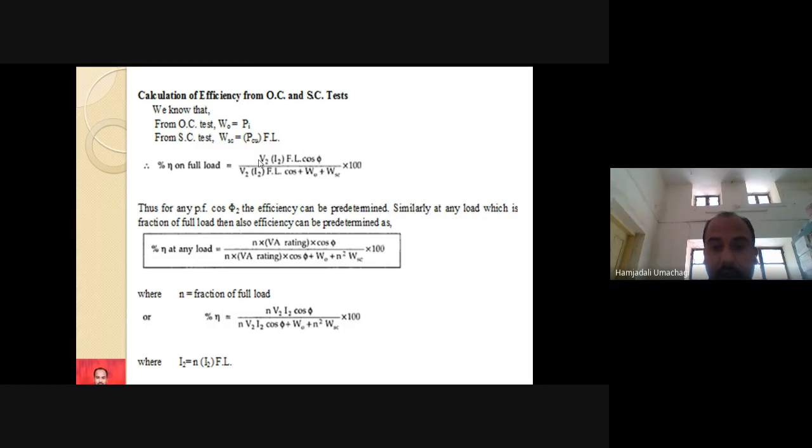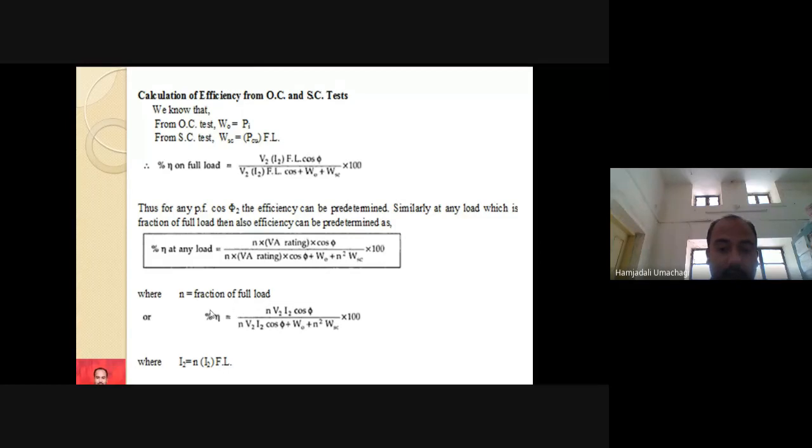And here in this case, you can consider small n. If it is full load condition, the value of n will be 1. But if I load the machine for 50% loading condition, then n should be taken as 0.5 throughout the equation. Similarly, if I load the machine for 40%, it means 0.4, 0.4 square. But full load condition means the value of n will be 1 here. For that sake, your equation will be of this kind, right? Where this small n is fraction of full load.